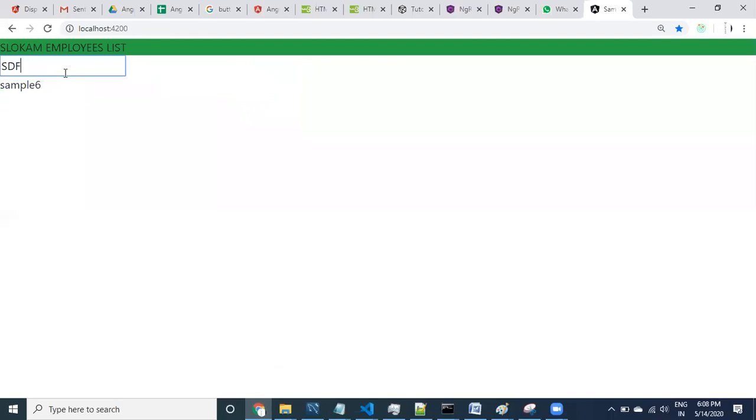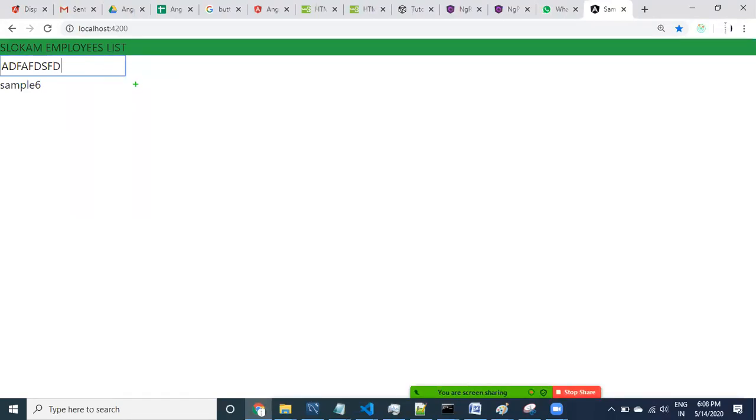If I change something, what's happening? If I change here, is this changing or no? Why is it not changing? Yeah, let's look at it, guys. Whatever changes you are doing here, actually this is bound with one property called title, right? Whatever changes you are doing, these changes are not going to title. It is only one-way binding. Until now we are using only one-way binding.